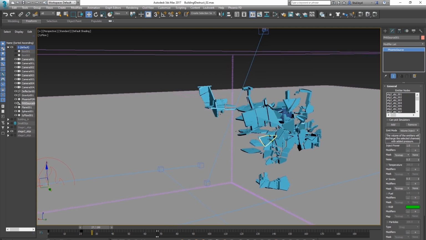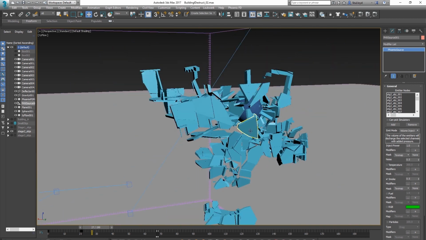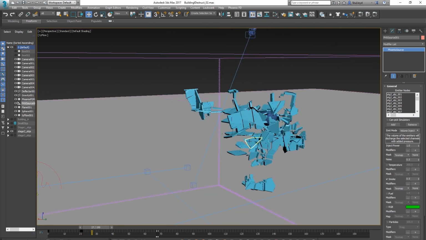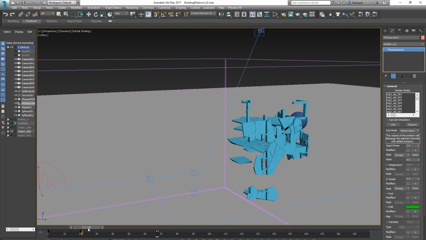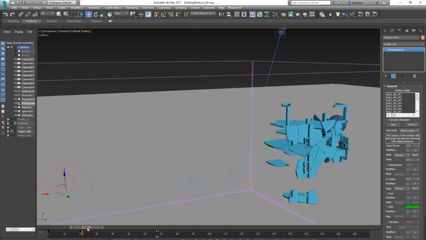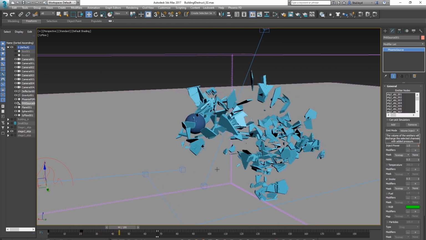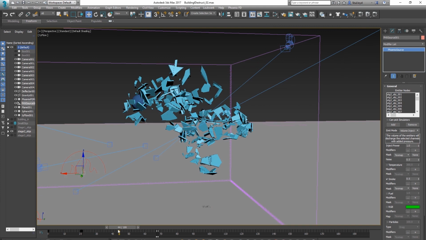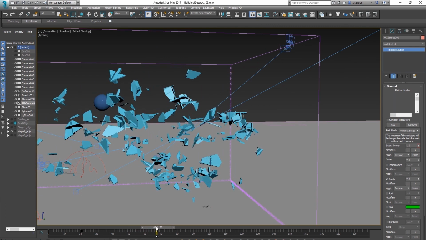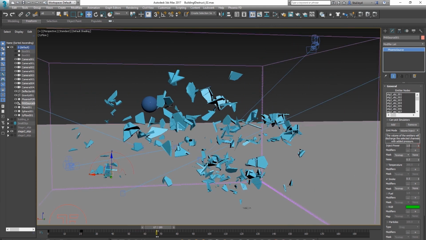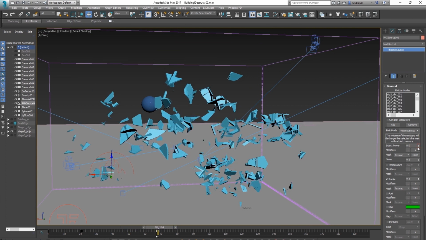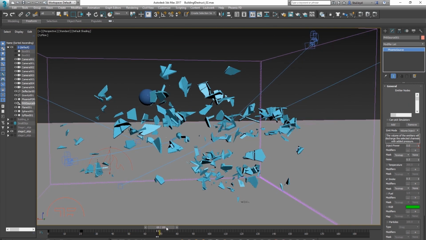So now our smoke is set up to work fine with these parts and nothing's going to go weird. So I've just set the simulation to start at frame 21 when they actually appear, and I've animated the inject power. I've just animated it from 1, so it keeps emitting smoke till about frame 67, and then I've keyed it to 1, gone to the next frame, and I've keyed it to 0. So now it'll stop emitting